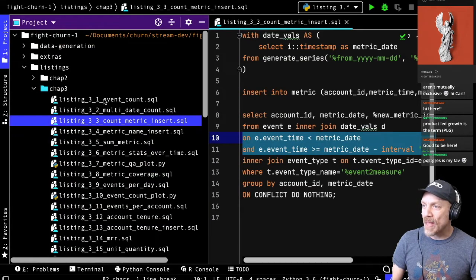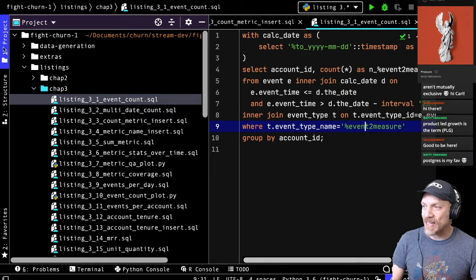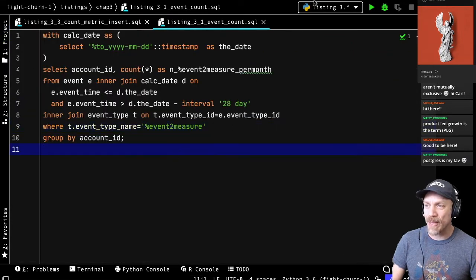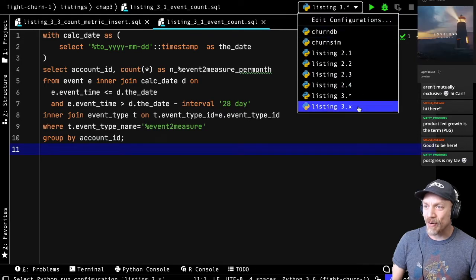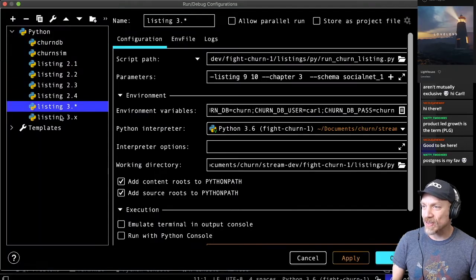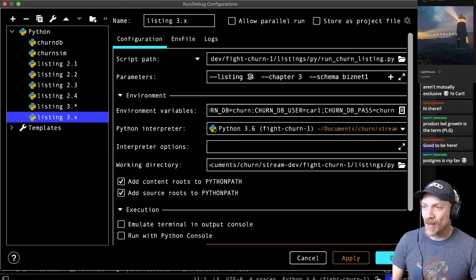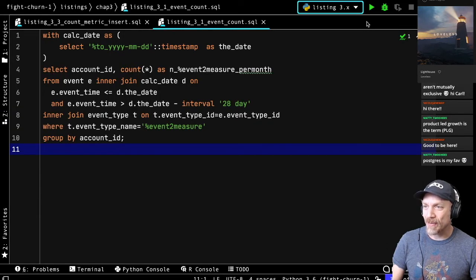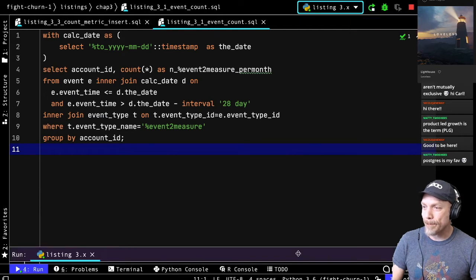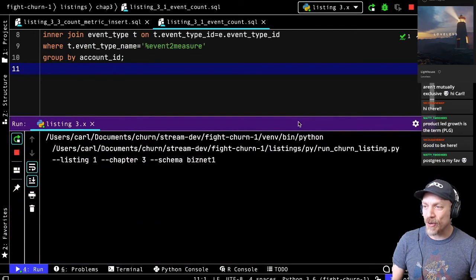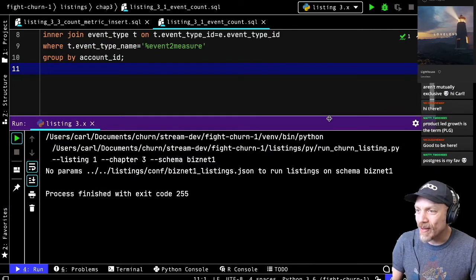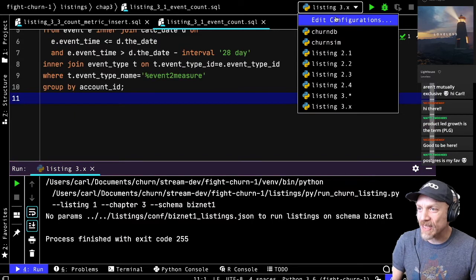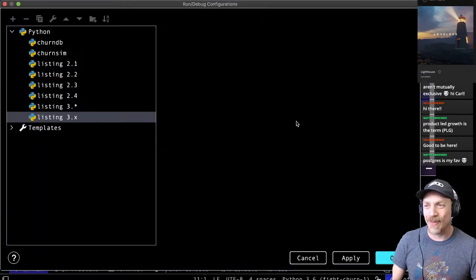I can actually show you a quick event count SQL. I mean, this is just the basic SQL. We can run it real quick to show you what it spits out if I use one of these existing configurations. I want to do chapter 3, listing 1. It's just our basic metric calculation. And when you run a SQL in the framework, this is, whoops, I'm crashing. I think I've got the wrong schema setting. All right, I was using this for something else.